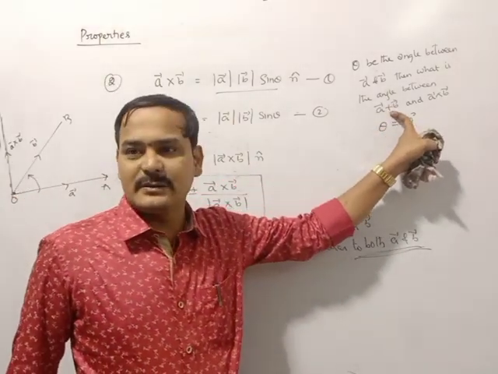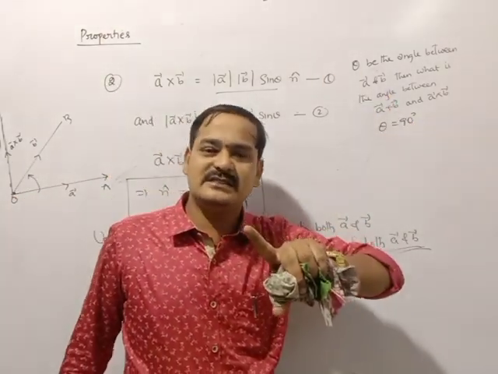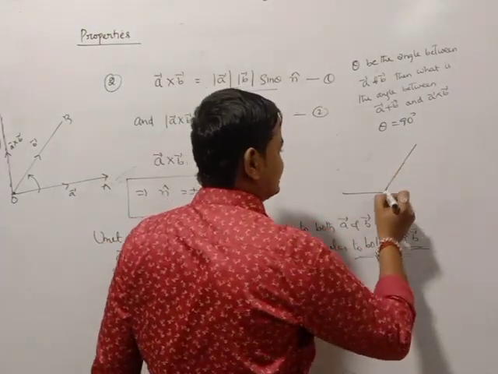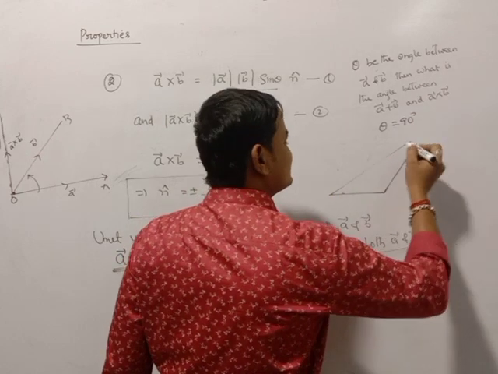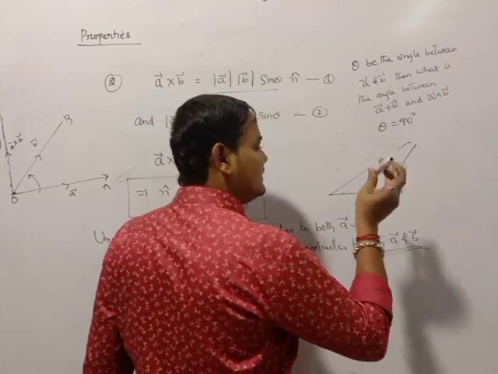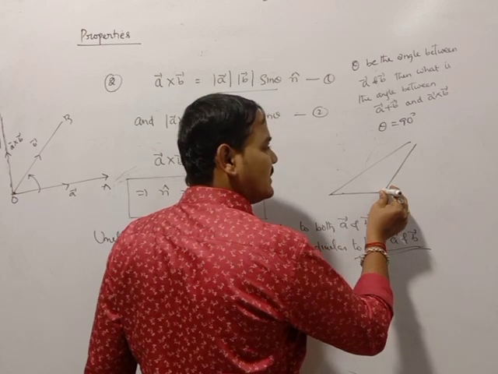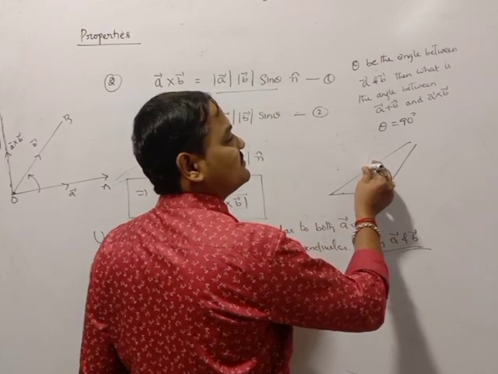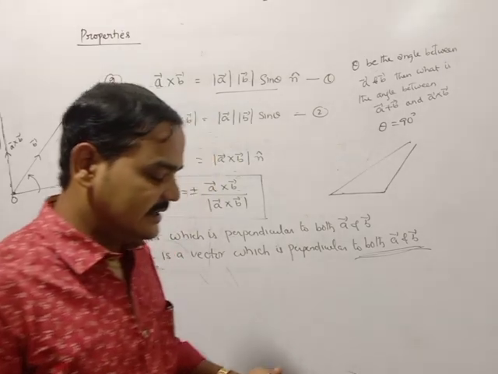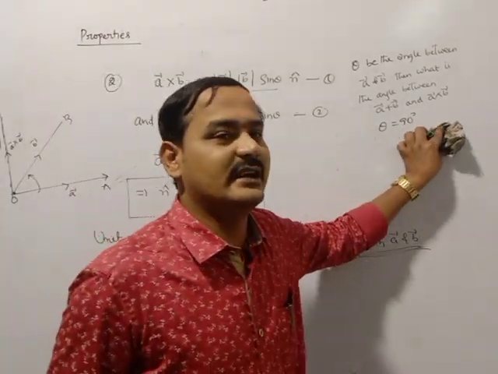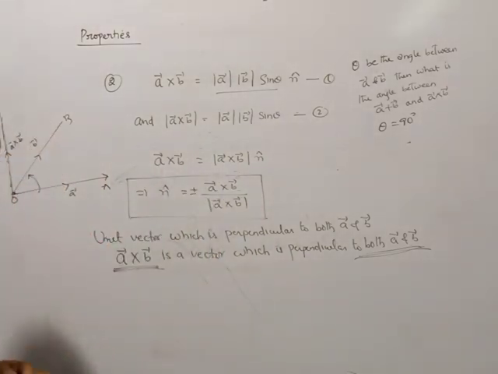Now what is the meaning of A bar plus B bar? A bar plus B bar is a vector which, by the triangle property, lies in the same plane. And A bar cross B bar is perpendicular to both A bar and B bar, automatically perpendicular to these two, so the angle is 90. Without any problem solving, you can simplify it, only by learning the concept.